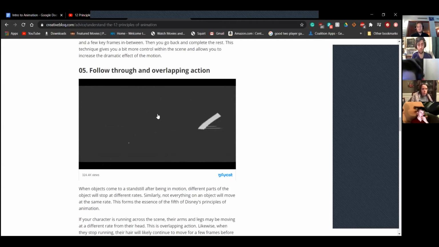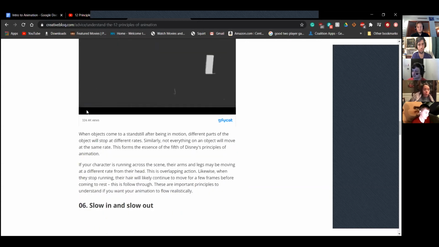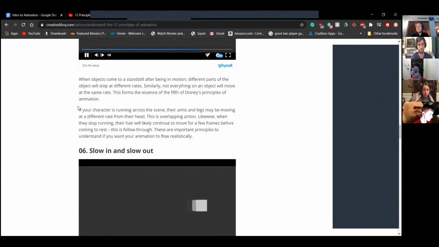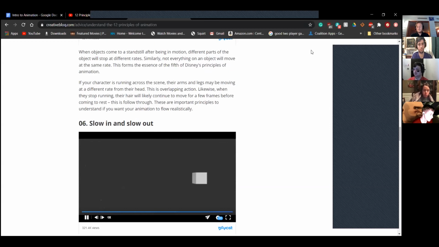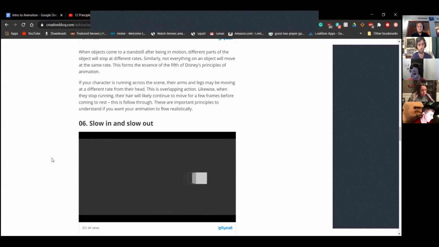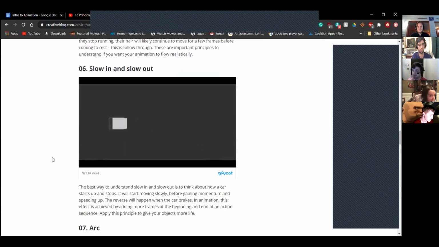That's the same idea: whenever you apply force to something, it doesn't just stop when the force stops being applied to the object. It keeps going because it is a physical object. Things basically try to abide by the laws of physics with that sort of stuff. And this is another one that kind of comes into that. Slow in. This gets more into the ideas of inertia. So whenever you start